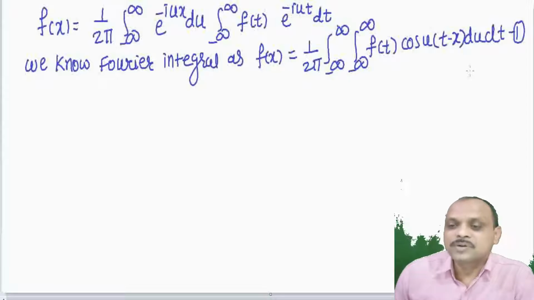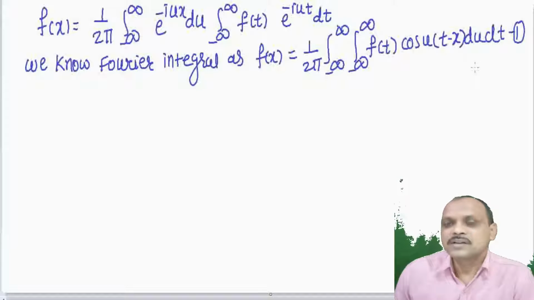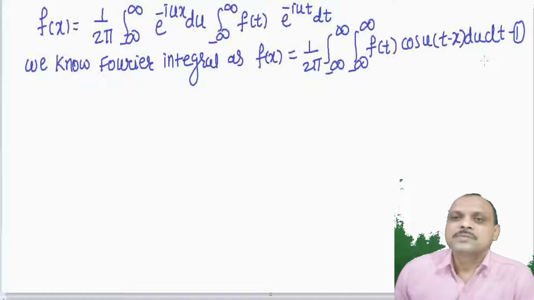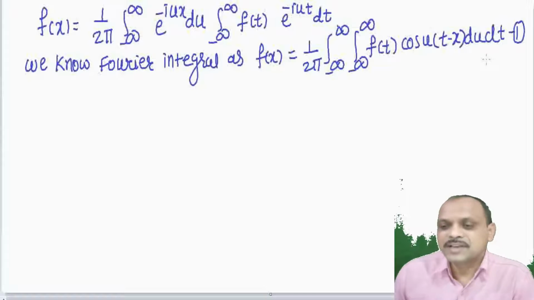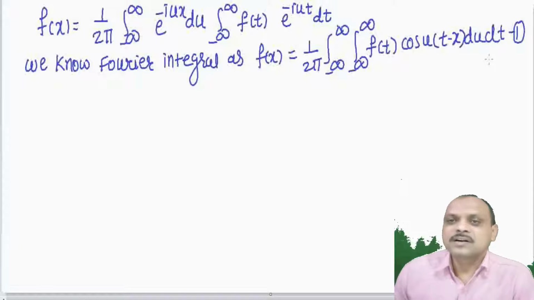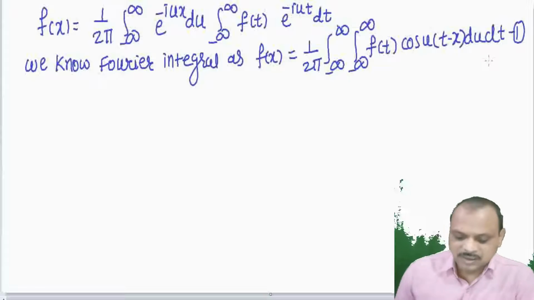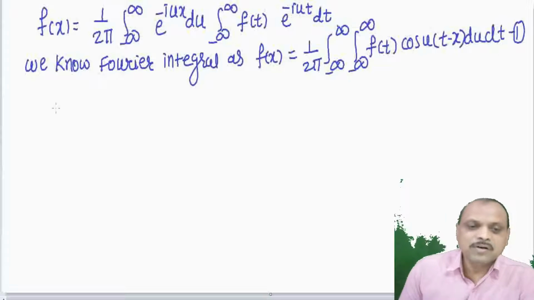This is one of the forms of the Fourier integral which we have obtained in the derivation of the Fourier integral. If you watch the video carefully, you can see that this is one of the intermediate forms obtained in the Fourier integral theorem. So we are using this intermediate form of the Fourier integral to find the Fourier complex integral, and this is equation number 1. Again we know that for an odd function